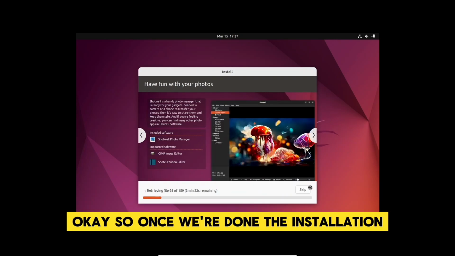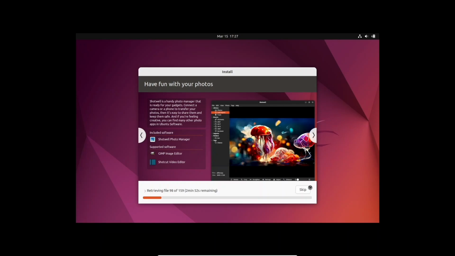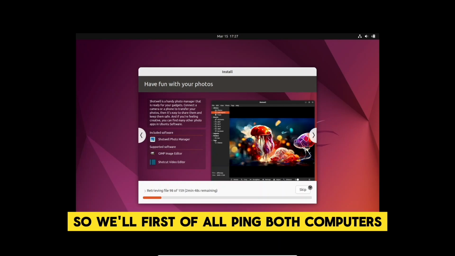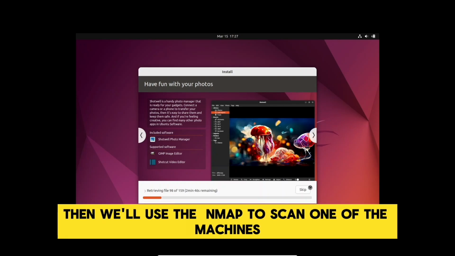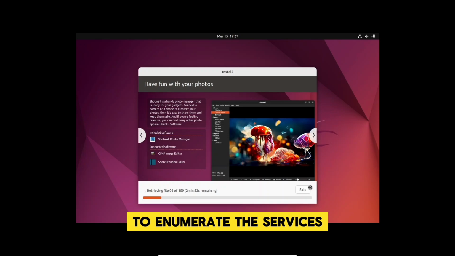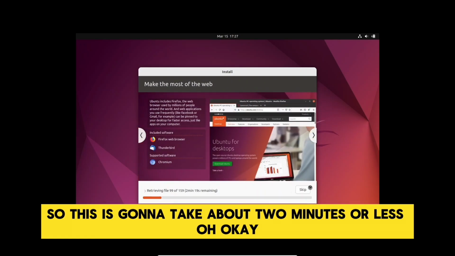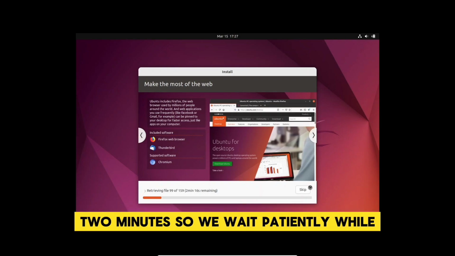So once we are done with the installation, we'll use the nmap. We'll first of all ping both computers, then we'll use the nmap to scan one of the machines to enumerate the services running on one of the machines. So it's going to take about 2 minutes or less. Oh, okay, 2 minutes. So we wait patiently while